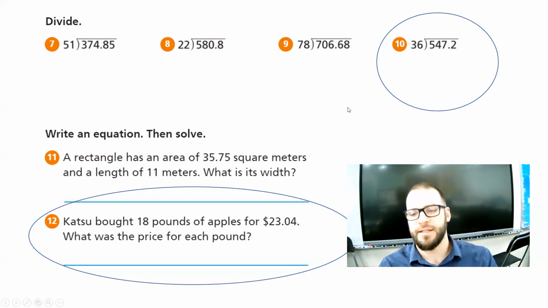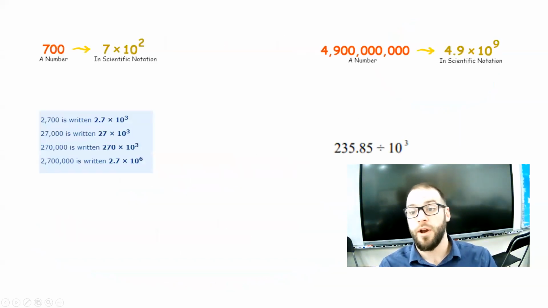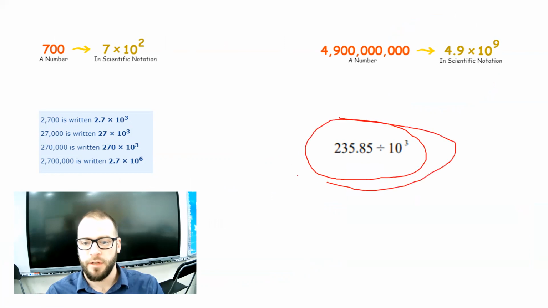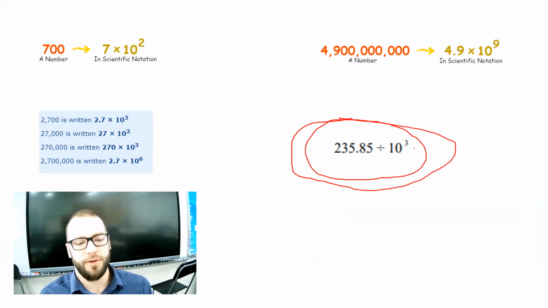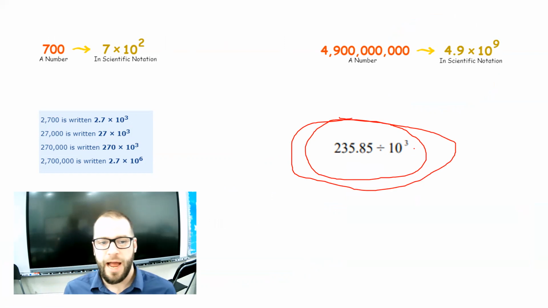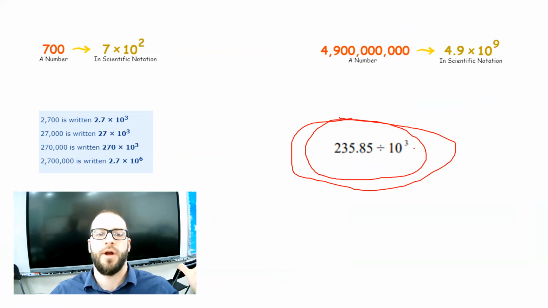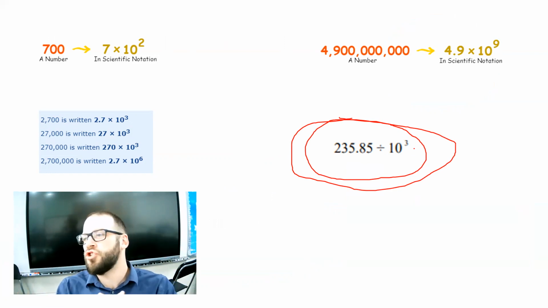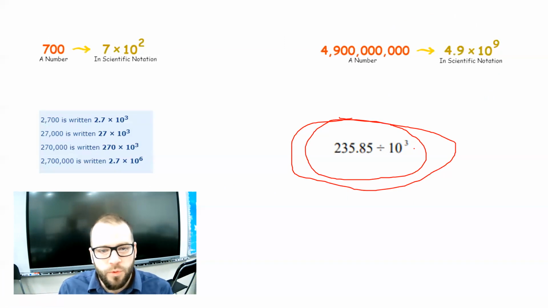Now moving on to this next part of the lesson. We are going to talk about scientific notation with division. Here is our scientific notation with division. This is what it looks like. Remember, a long time ago, scientists came up with this idea of how to represent ginormous numbers, right? Especially when working with space. They always have these large numbers that they have to work with, so they decided that scientific notation is the